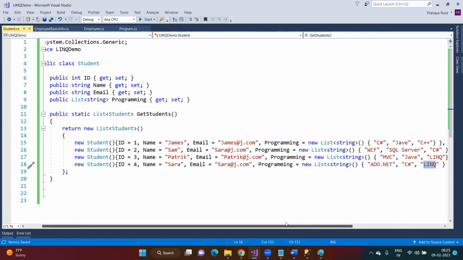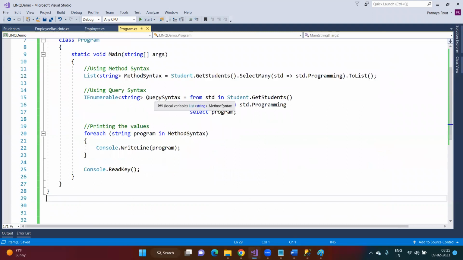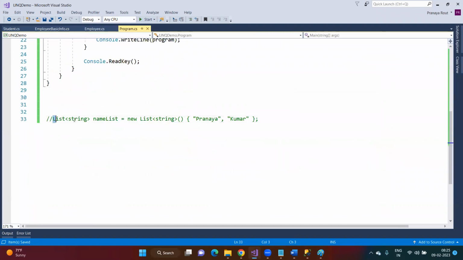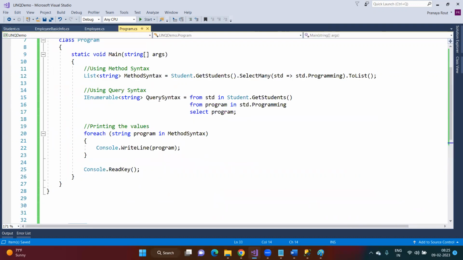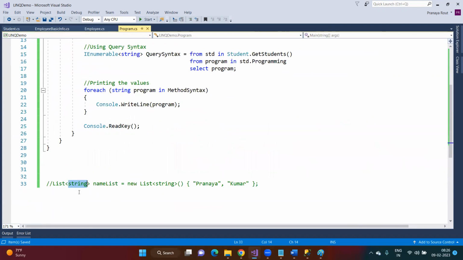So now what is my requirement? In the previous example, if I'm using SelectMany on this list of strings, what will it return? It will return the collection of characters, because in this case, the collection is a list of strings, right? But now if you go to student, this is my collection. It's a collection of students. In this case, it is not a collection of strings, rather it is a collection of students. Try to observe the things. So in the previous example, it is